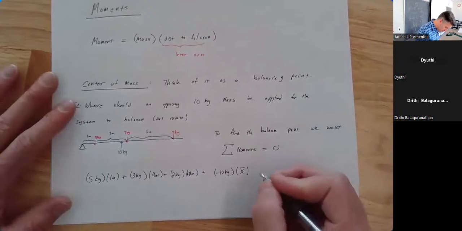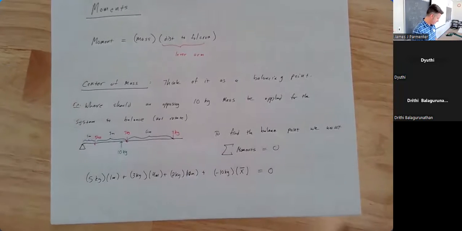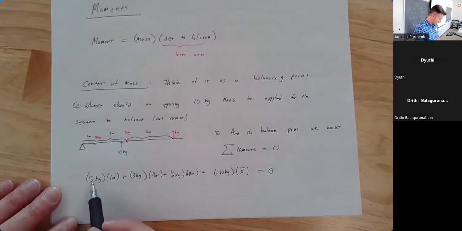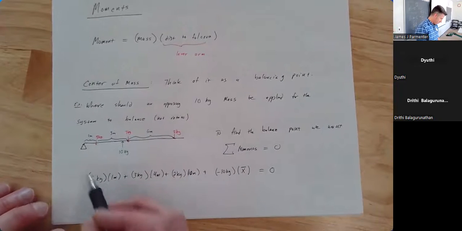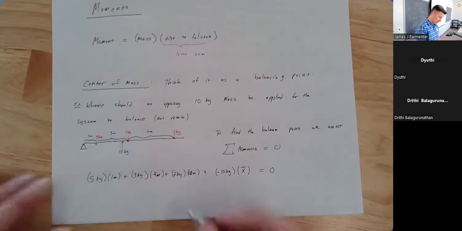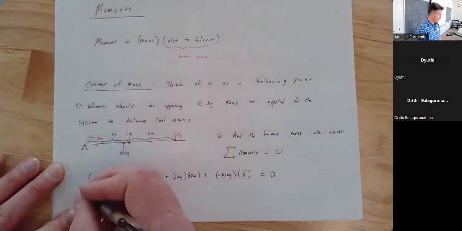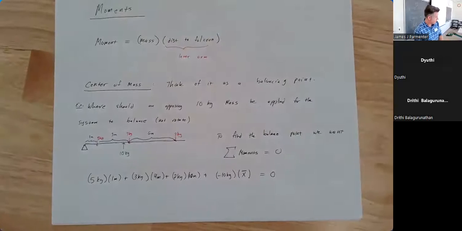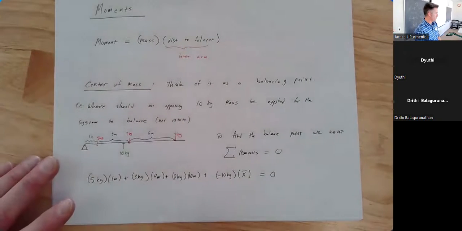All right, and we want this to equal 0. And I should point out, these are all positive because of how I'm thinking of it. I'm thinking of this as being counterclockwise rotation. I'm thinking of these as pushing this lever arm down that way, and this one pushing it back up the other way. Oh wait, getting my